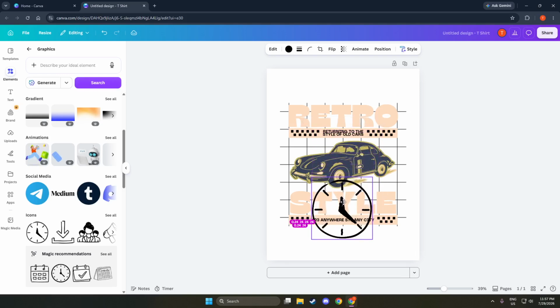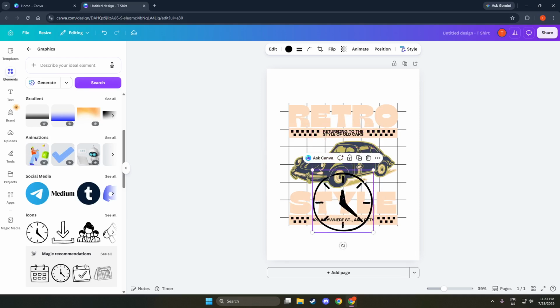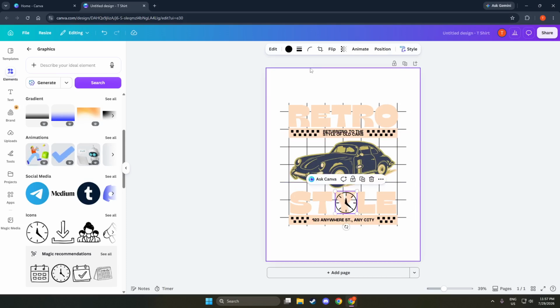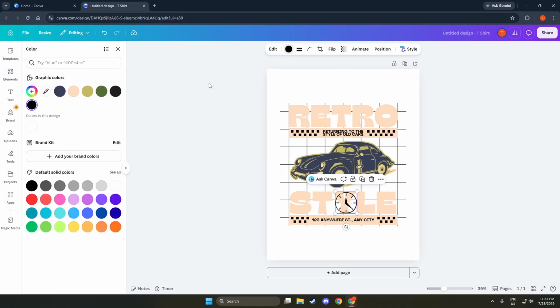With your pieces in place, customize the colors, fonts, shapes, and layout. Select any item on the canvas, and toolbars appear above or beside it showing color swatches, font choices, and alignment tools. You can drag corners to resize shapes and images, and drag items around to arrange them so they feel balanced. A helpful trick is to use Canva guides that appear as pink lines to keep things centered or aligned